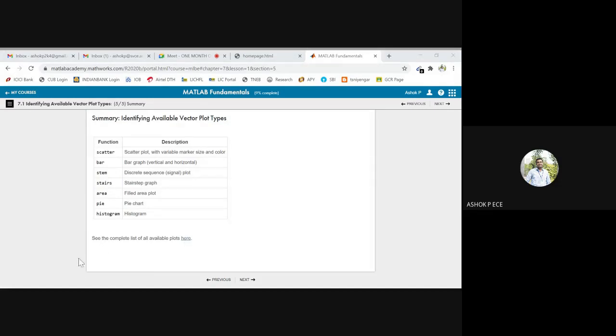So for a complete list of all the plots, they have given a link here. This link will go to the MATLAB help section where you can see the complete list of commands available for plotting. Okay, so I'm not